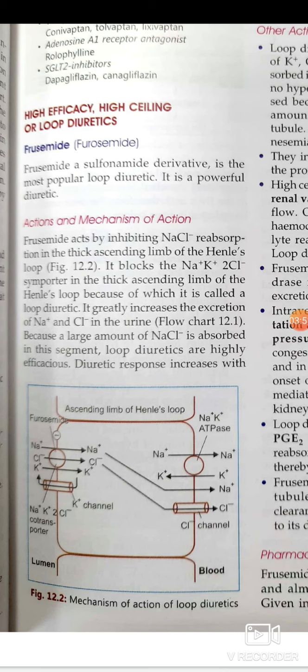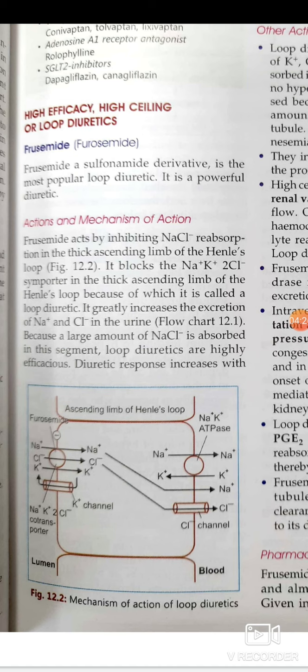Furosemide acts by inhibiting NaCl reabsorption in the thick ascending limb of the loop of Henle. So particularly what do they cause? They cause the inhibition of the reabsorption of NaCl. When the reabsorption of NaCl is inhibited, a greater amount of sodium is excreted out, and because of that there is more excretion of water along with sodium, and that's why urine formation and urine excretion is increased.